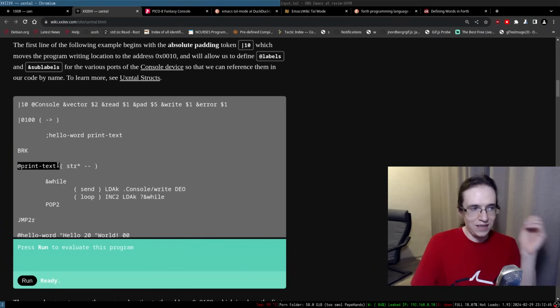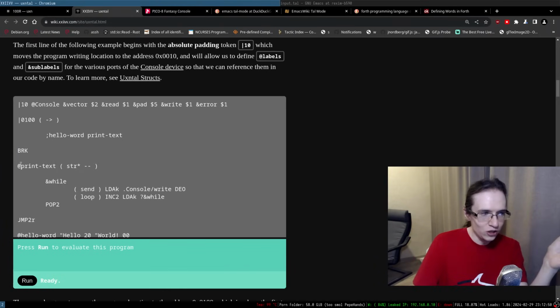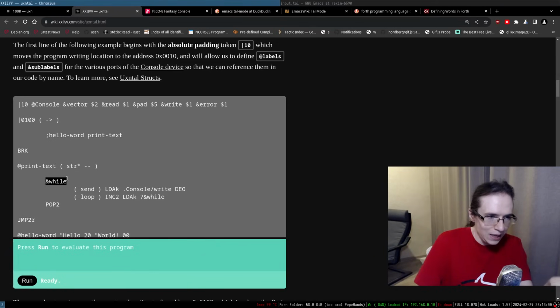And I presume this is a similar convention. You have something called print text, which starts with @, which probably means it's a label. It accepts a string and doesn't return anything. And then it defines a label while, then does something, probably prints something on the console, right?